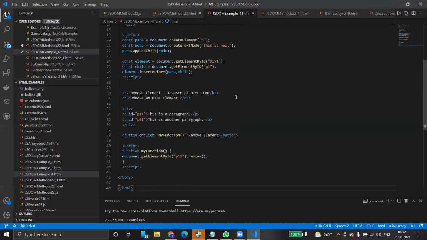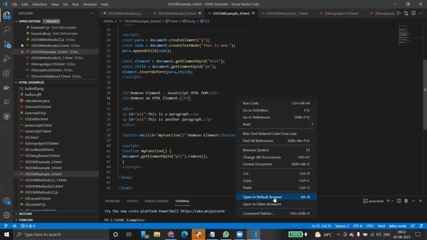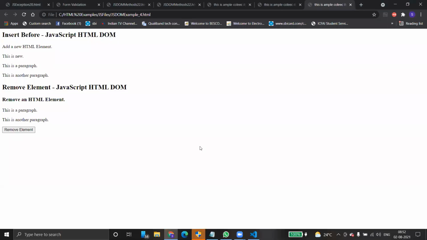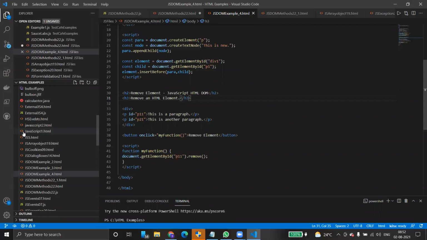Control S. Just go to the default browser. See here, this is how it looks. Remove element simply removes the particular element. On click event we have called here. On click, my function simply removes that element. That's all. Then coming to